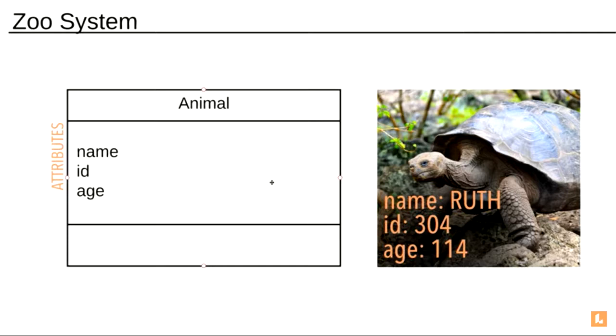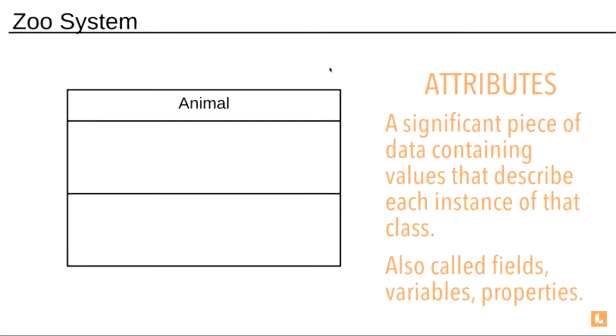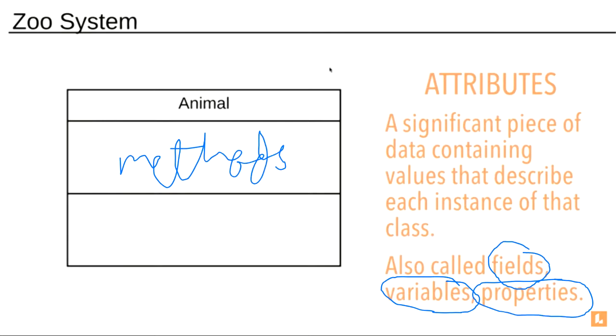Let's see here. Here you will write the attributes. In your question or in normal real life also, attributes can be called fields, variables, or properties. If I say the class has xyz variables, it means the second box, methods only. If I say the class has these fields, it also means methods only. If I say the properties of a class are these, then also it is meant by methods only, because here you write the properties or attributes or features, basically, on what basis you will identify every object.